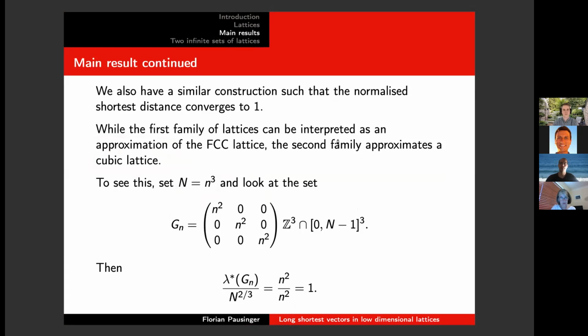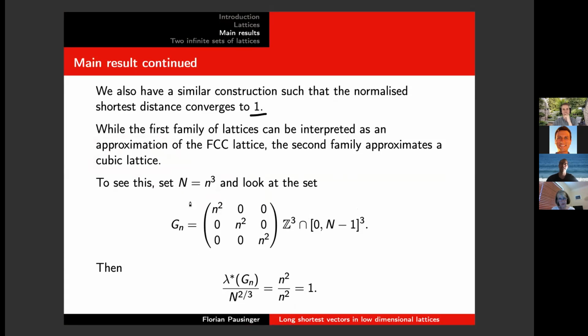However, before talking about this, I also want to mention that I found a similar construction such that the normalized shortest distances always converge to 1. So my first construction in a way approximates the FCC lattice, while the second family of lattices somehow approximates the cubic lattice. And just to show you why 1 is really the right thing here, we can look at a